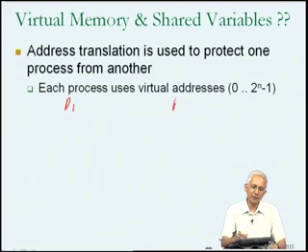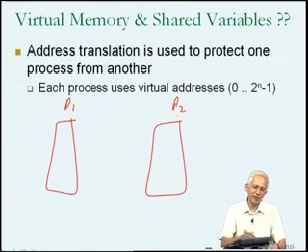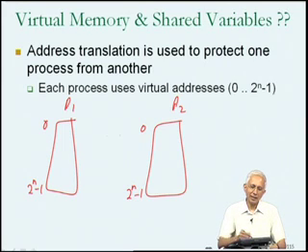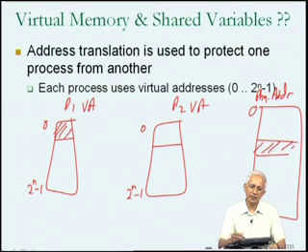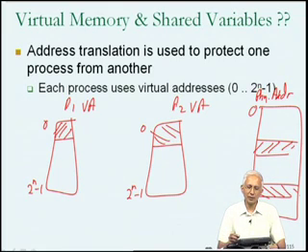So if there was process P1 and process P2, each had its own virtual address space, and the virtual address space went from 0 to 2 power n minus 1, and these were two virtual address spaces. And in reality there was physical memory, which was a physical address space, which went from 0 up to some 2 power m minus 1, and at any given point in time some of the contents, for example this page may have been over here and this page may be over here, at some point during the execution of these programs. But our whole idea as far as virtual memory was concerned was to keep these two processes apart.